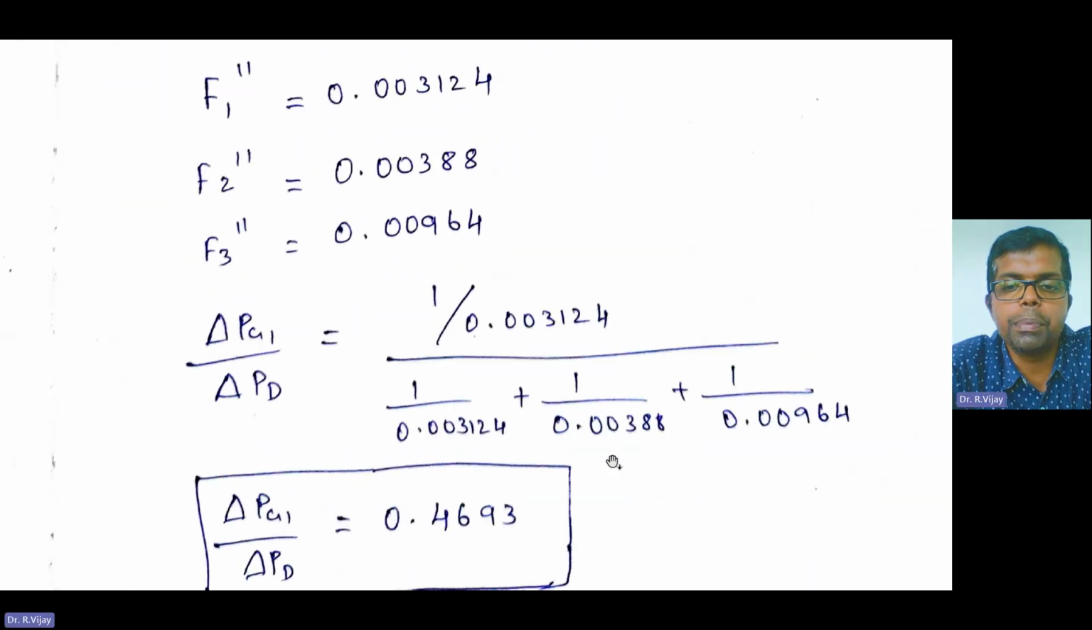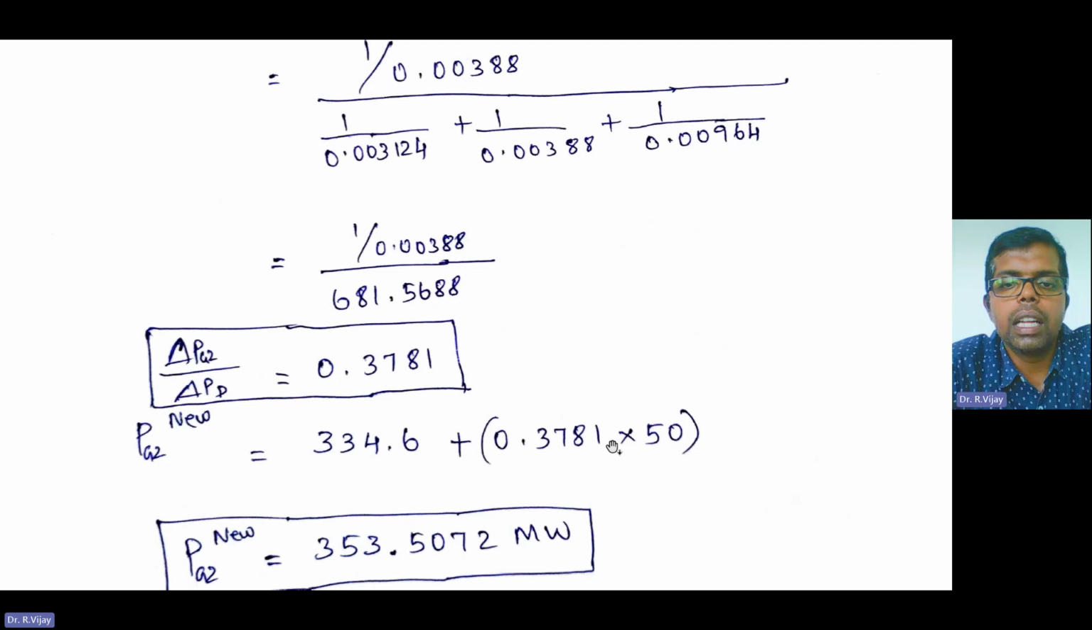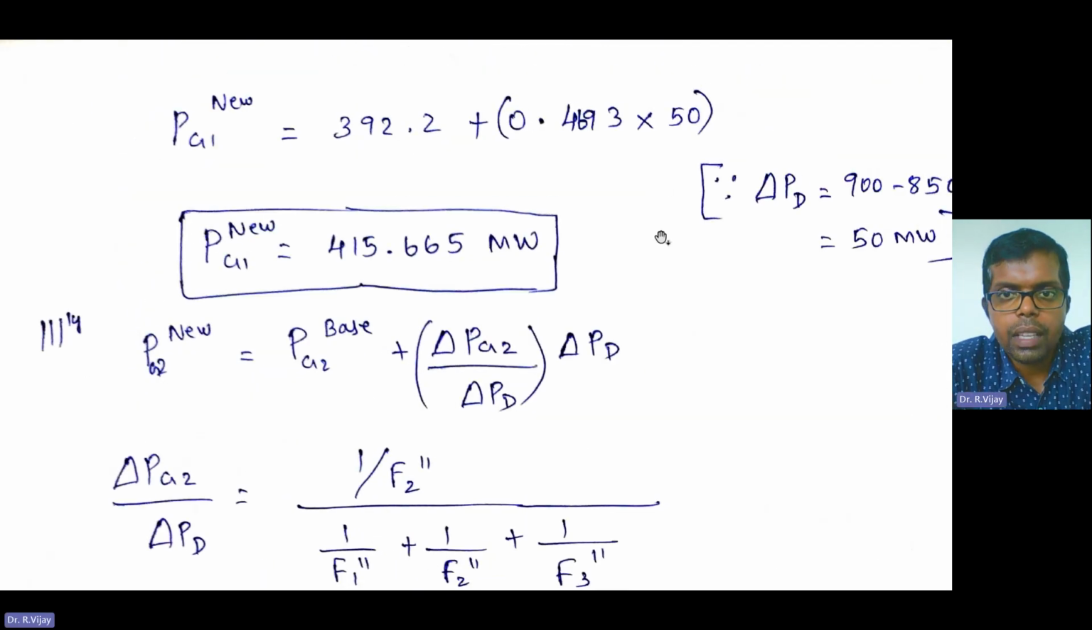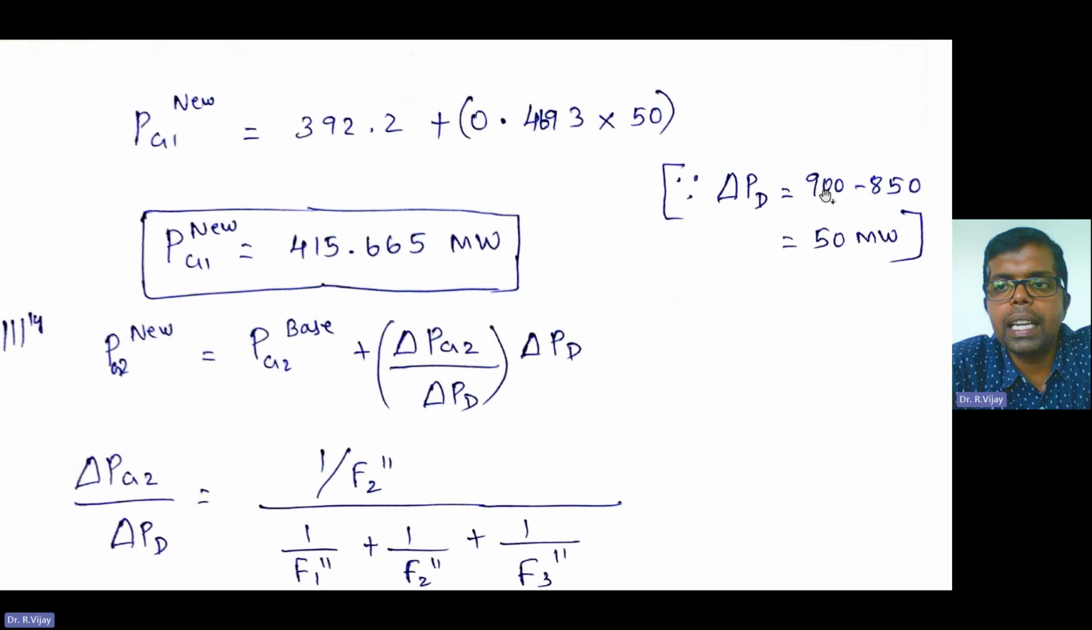Just substitute here. Del PD is nothing but 900 minus 850, that is 50 megawatt. Just substitute all the values, whatever I said. That is PG1 new is equal to PG1 base plus del PG1 divided by del PD into del PD. That value we already calculated, so substitute and simplify it. We are getting the answer as